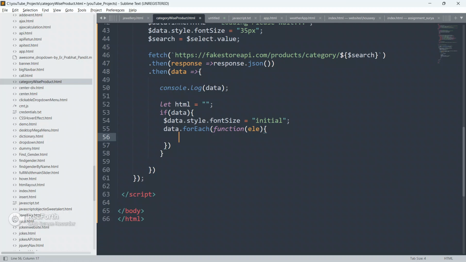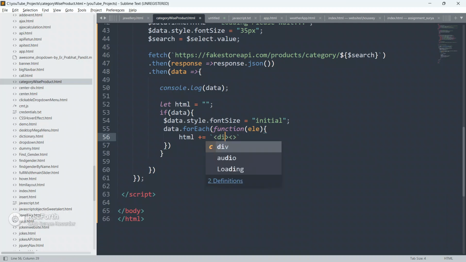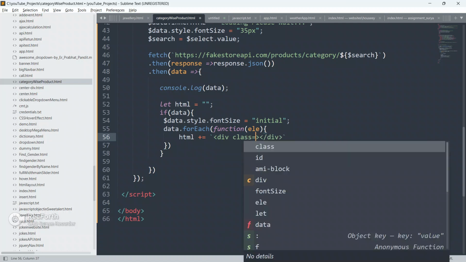So now close this and open this, and now I'm going to append this to this HTML. So create a div, backtick, create a div, and close this div first.